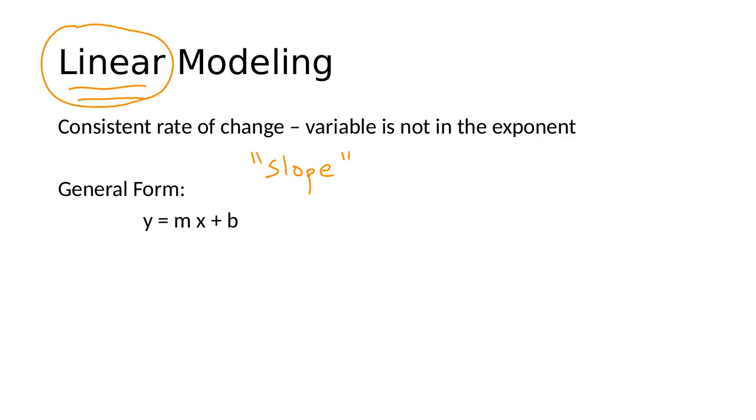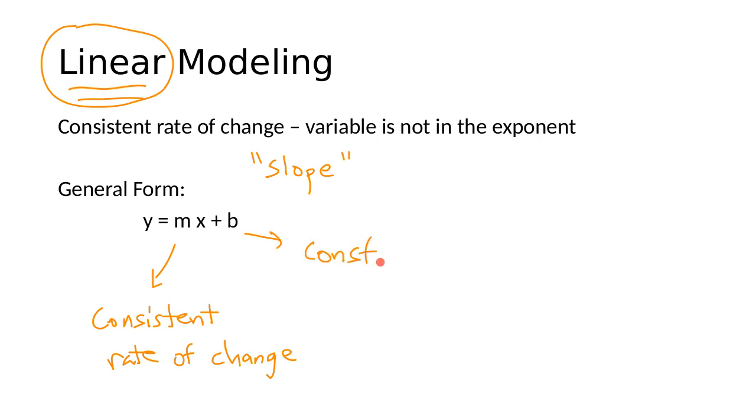The general form of our linear model is the equation of a line, y equals mx plus b, where m is our consistent rate of change, and b is a constant, a number that doesn't change. In the linear model that we set up earlier, that was the $20 fixed cost that was associated with renting the truck. A couple of quick things about linear models is they can represent growth,